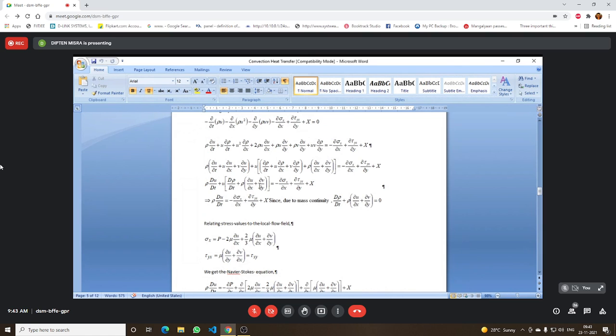This part will be equal to minus of 1 by rho into d rho dt, because the summation of these two is equal to 0 in general. But for the particular case of constant density, this term will individually be equal to 0, and this bracketed term given by del u del x plus del v del y will be equal to 0. So we have written it in a general form, which is valid for both a constant density case as well as a variable density case. And the shear stress is given by mu into del u del y plus del v del x, and that happens to be the shear stress.